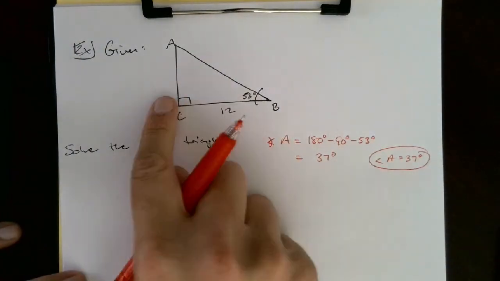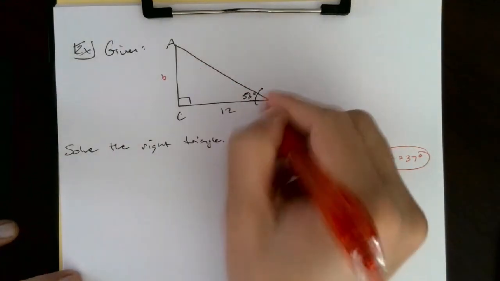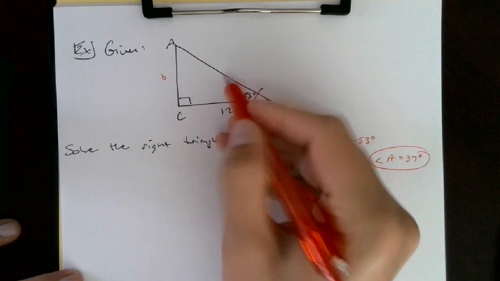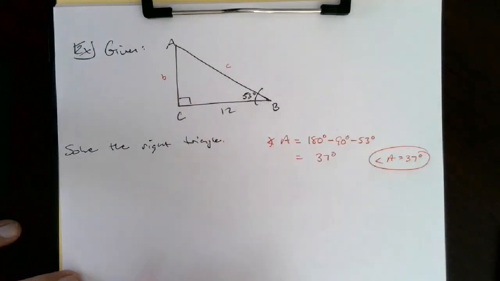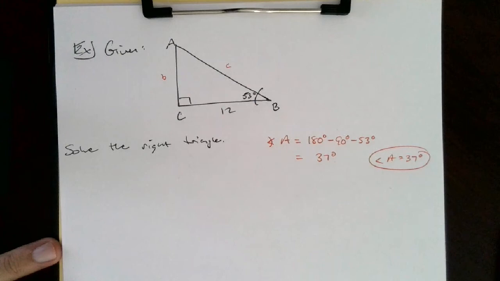Now I want to solve for these sides I don't know. I'll label this one, remember, opposite of it is lowercase b because it's opposite angle B. I'll label this side lowercase c because it's opposite our angle C. And I want to find side B and side C. So when I do this, I will